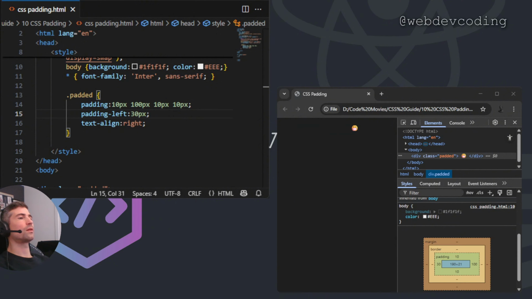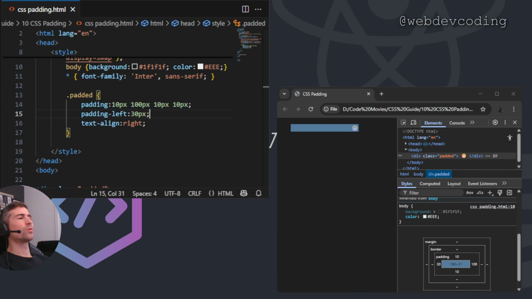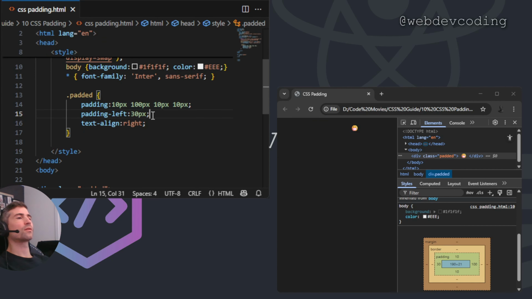So you can add padding to any block or inline block element, but you can't do it to elements that are not inline block as far as I'm aware. I'll probably have to check that actually. But anyway, that is